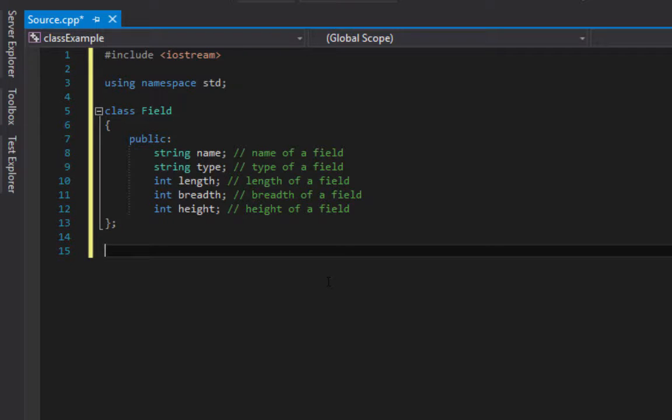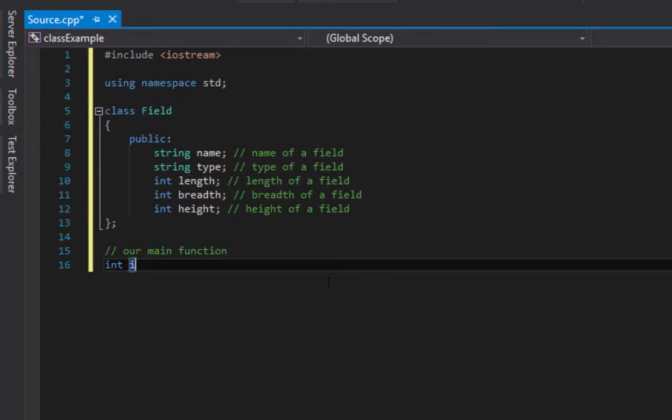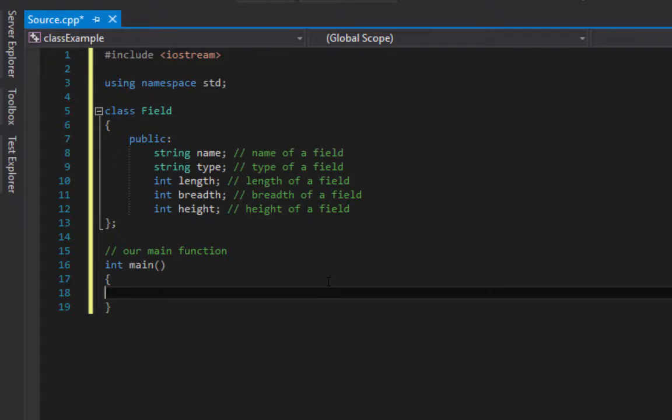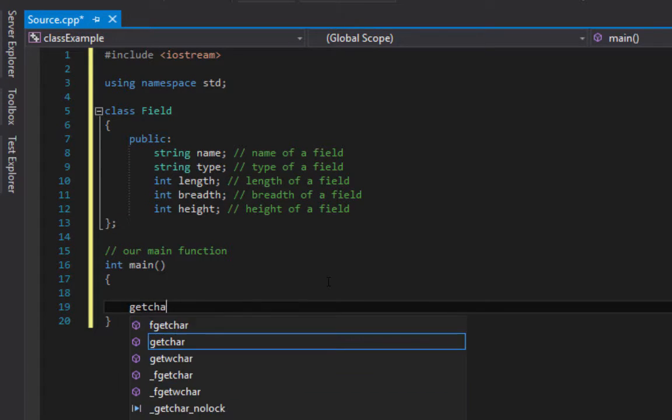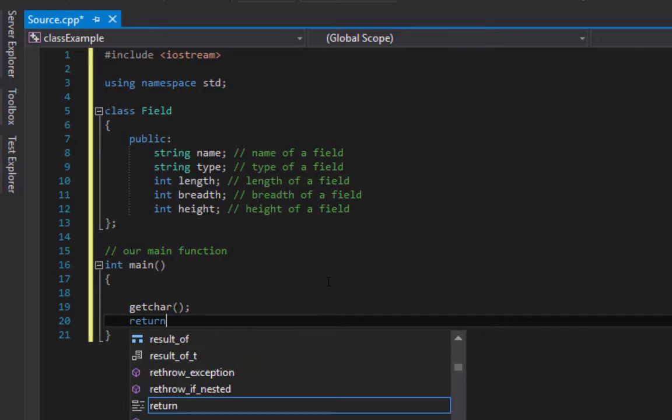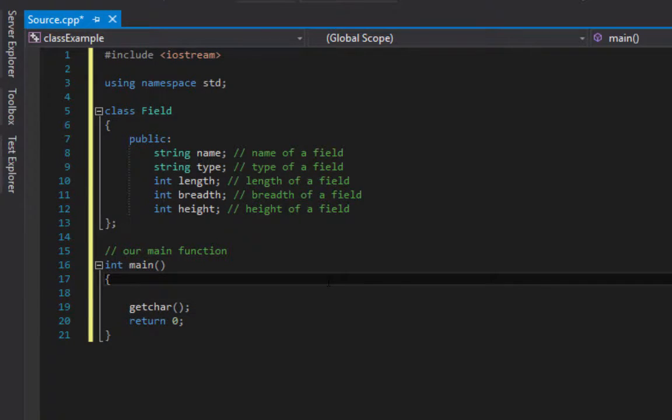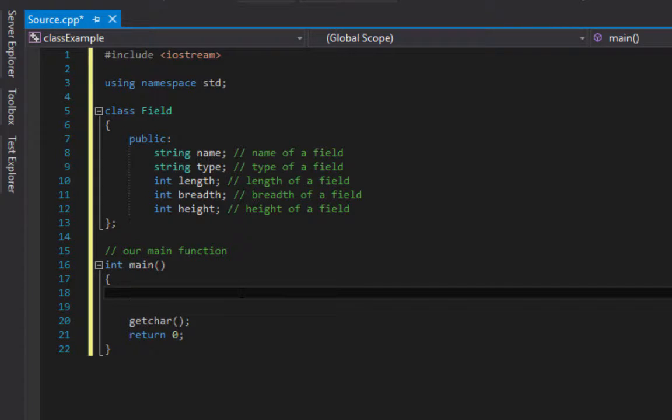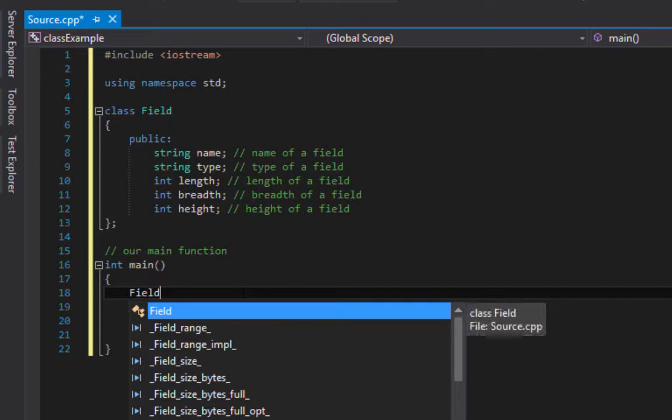that field class. Okay, so in here we are going to write our main function. Okay, so int main, our curly braces, we are going to finish this with getchar and also return 0. Okay, so now we are ready to create our objects from our field class. Okay, field, did you see that when we type field, we are able to see our field class in this